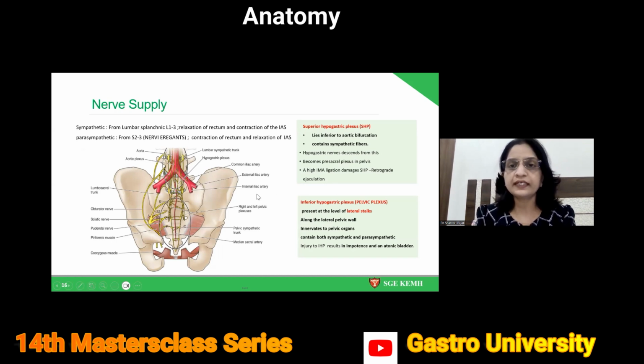Besides this, some important plexuses in this region are the superior hypogastric plexus and the inferior hypogastric plexus. The superior hypogastric plexus arises near the aortic bifurcation and near the origin of the inferior mesenteric artery. It contains mainly sympathetic fibers. The lowermost extension of the superior hypogastric plexus descends as the hypogastric nerves, and then goes into the pelvis. So high IMA ligation, or ligation of the IMA flush to the aorta, leads to damage of the superior hypogastric plexus,